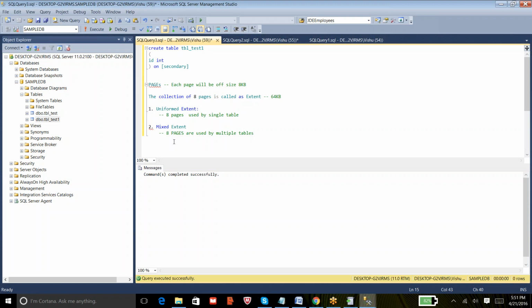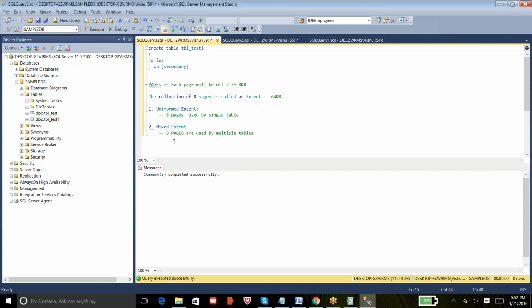After that, if another user is trying to create another tiny table, then the next 2 pages will be used. In the same way, another user tries to create one more tiny table, and again it uses 3 or 4 pages. So ultimately, a single extent which contains 8 pages is used by 3 different tables. Then we call it a mixed extent.